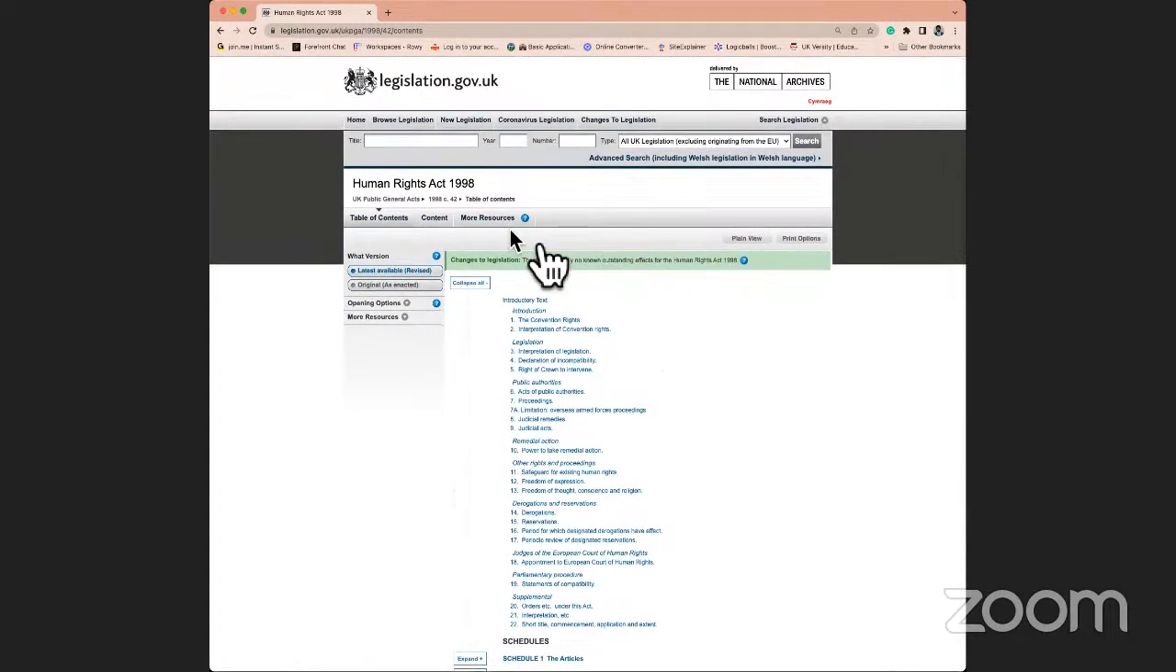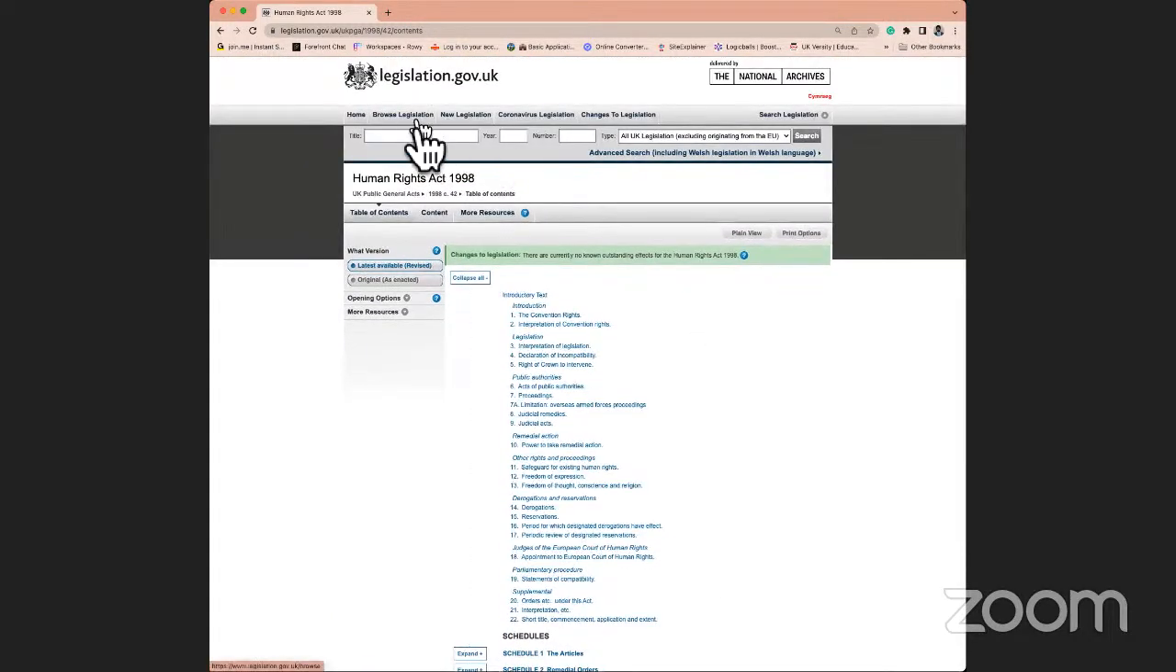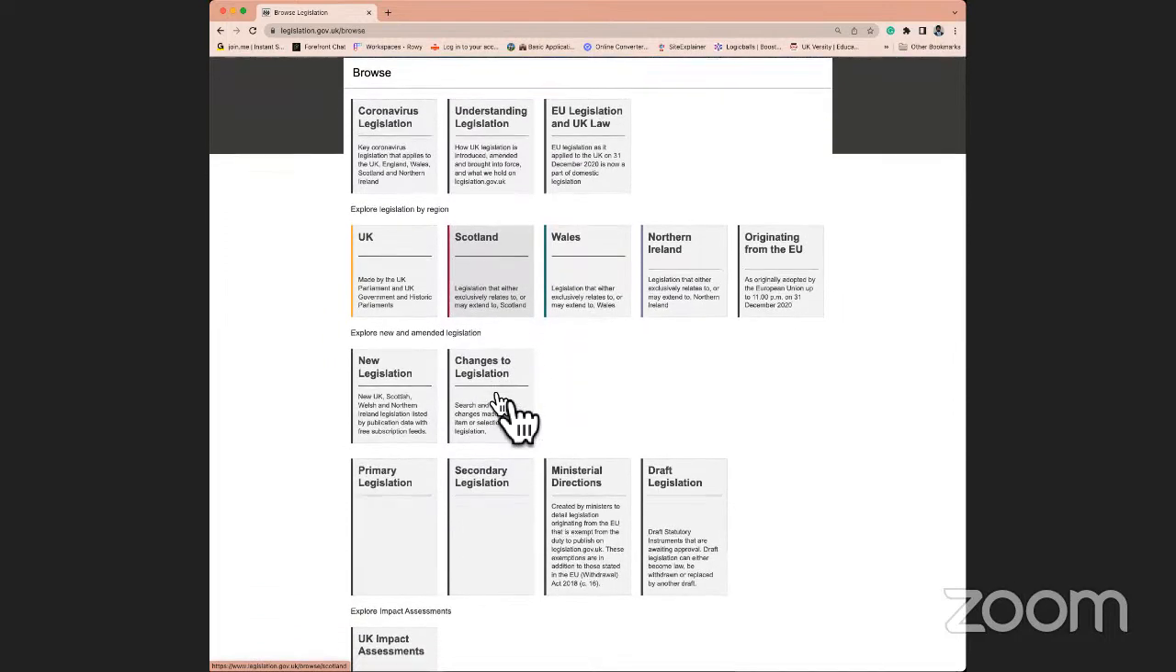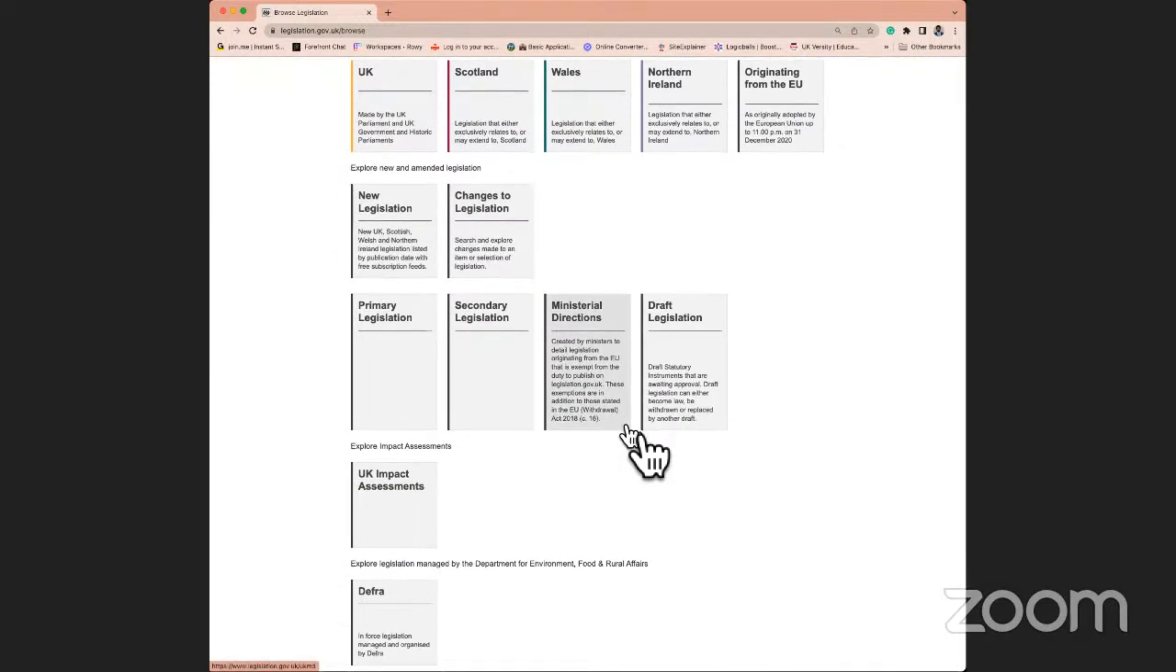Now, if you need to refer to any legislation, you should be able to click on Browse Legislation and then choose, for example, legislation which could specifically apply to the devolved nations, Scotland, Wales and Northern Ireland, some of the new legislation which is coming in after Brexit, and in some cases even legislation